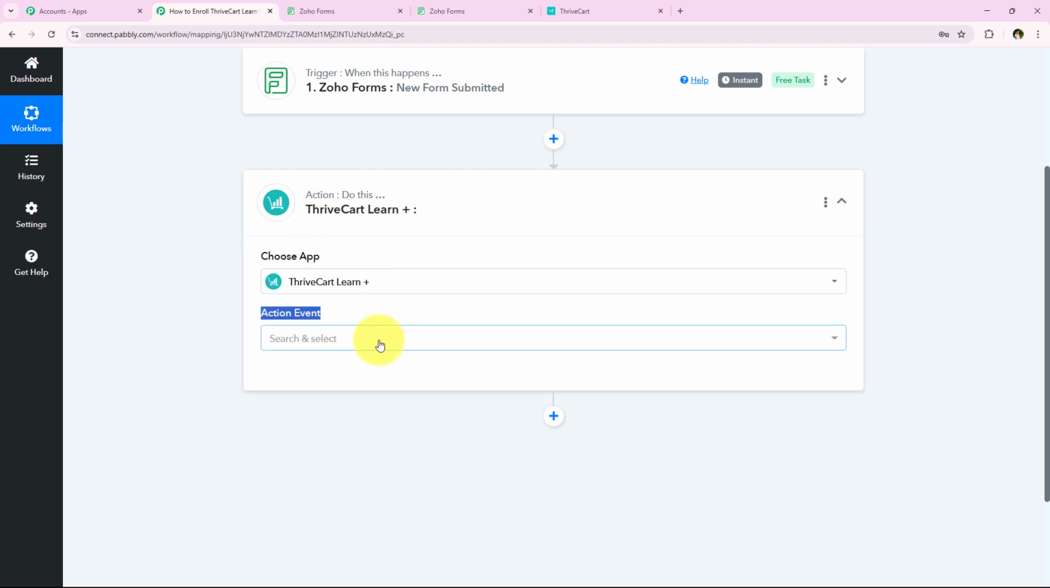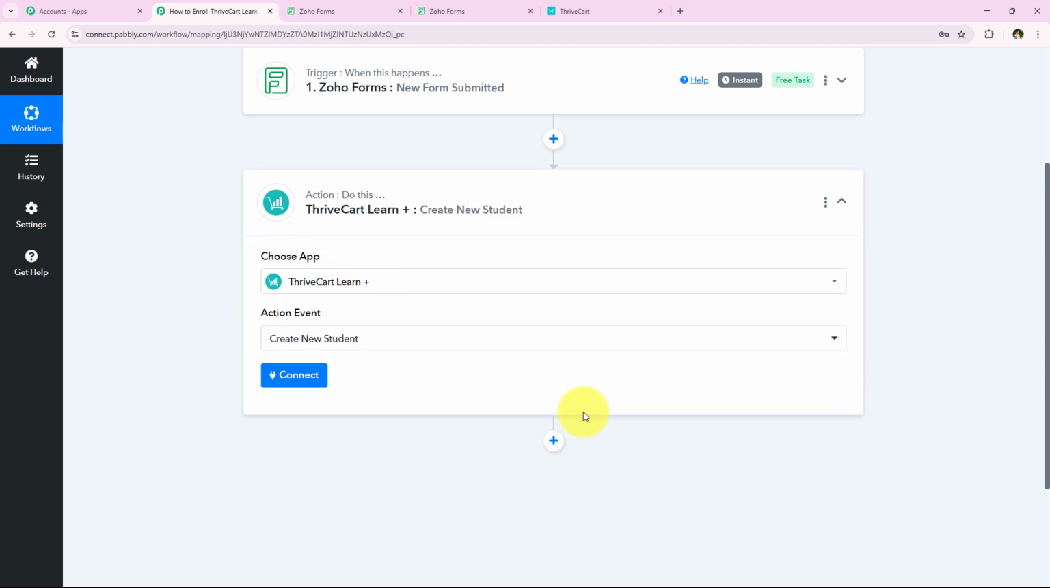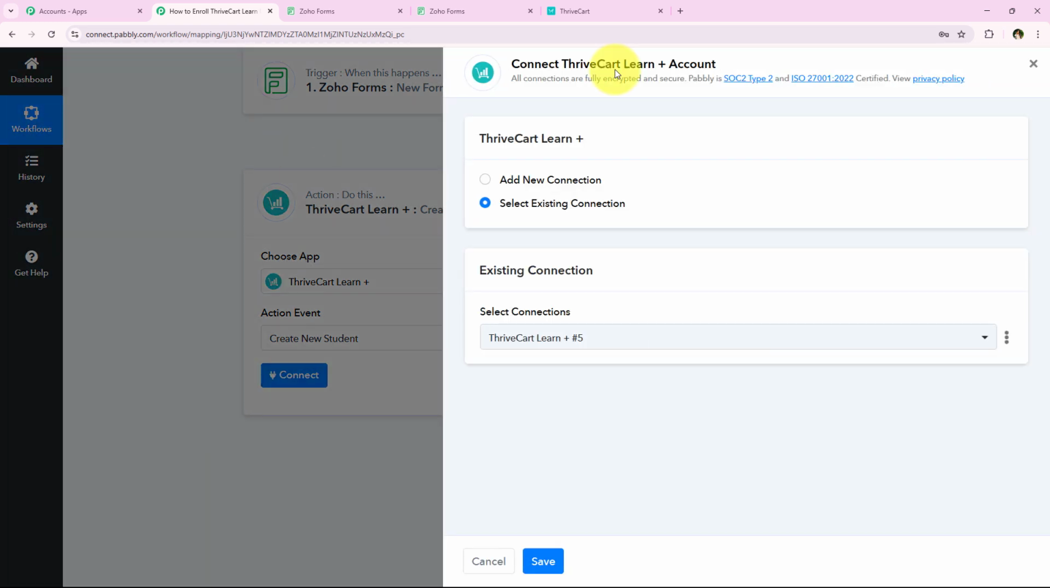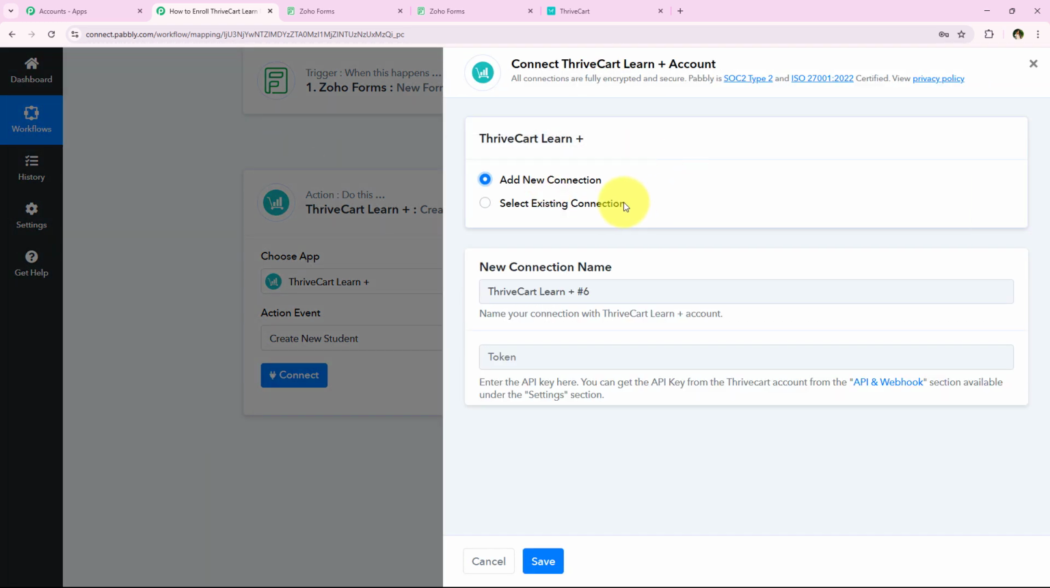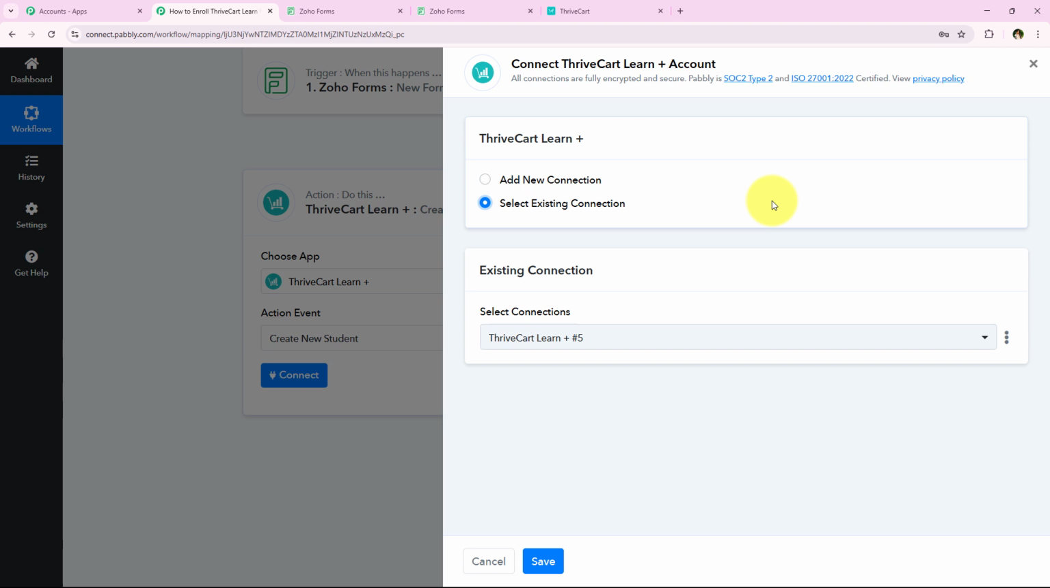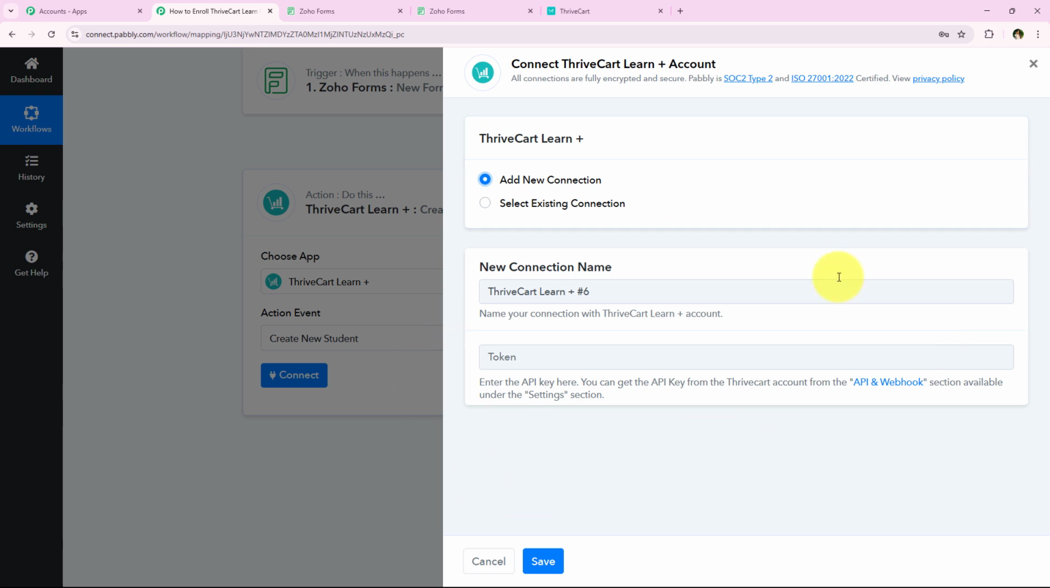And now for the action event, we have to select it as create new student and click on this connect. And now it is asking me to add a new connection or select an existing connection. So if you have already connected your ThriveCart account with your Pabbly Connect's workflow, you can click on this select existing connection and then save. But if you haven't, you have to follow me, click on add a new connection, and now it is asking